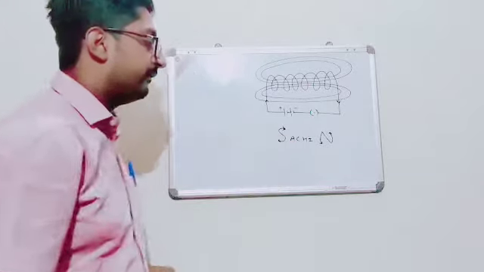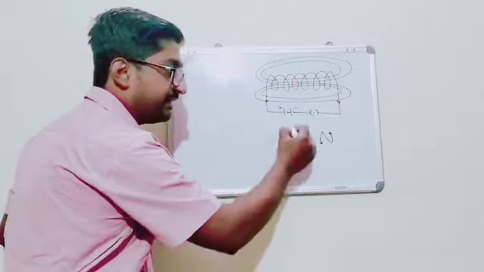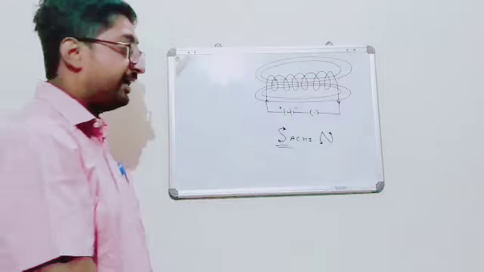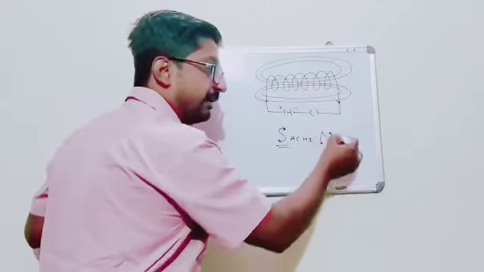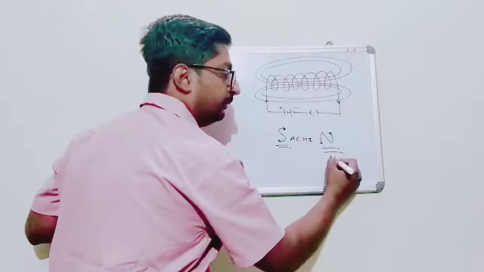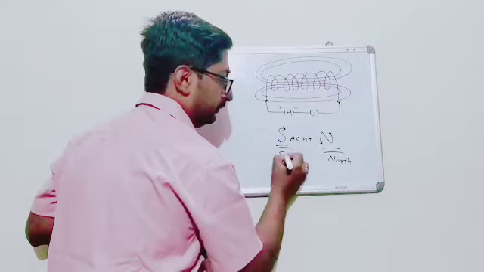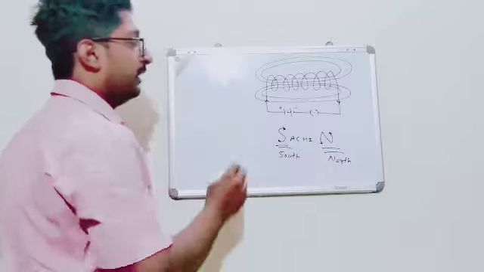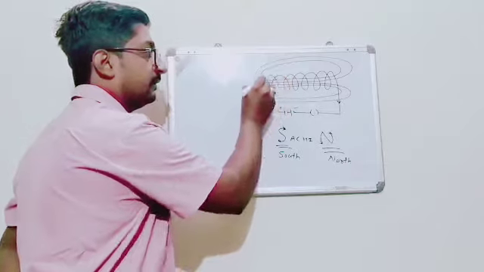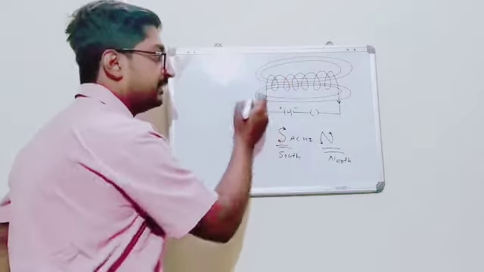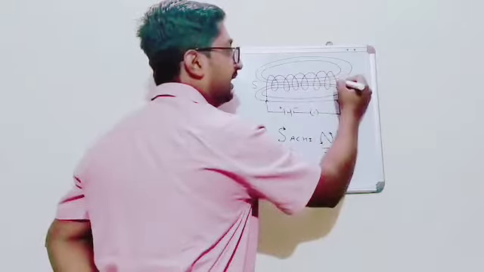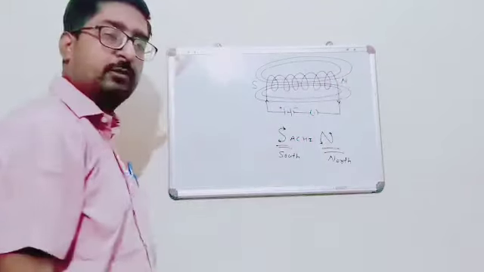If the current is flowing in clockwise direction, then it will create south pole, and if the current is flowing in anti-clockwise direction, then it will show the north pole. So in this wire the current is flowing like this. This is clockwise, so south pole is generated here, and this is the opposite pole, that is the north pole.